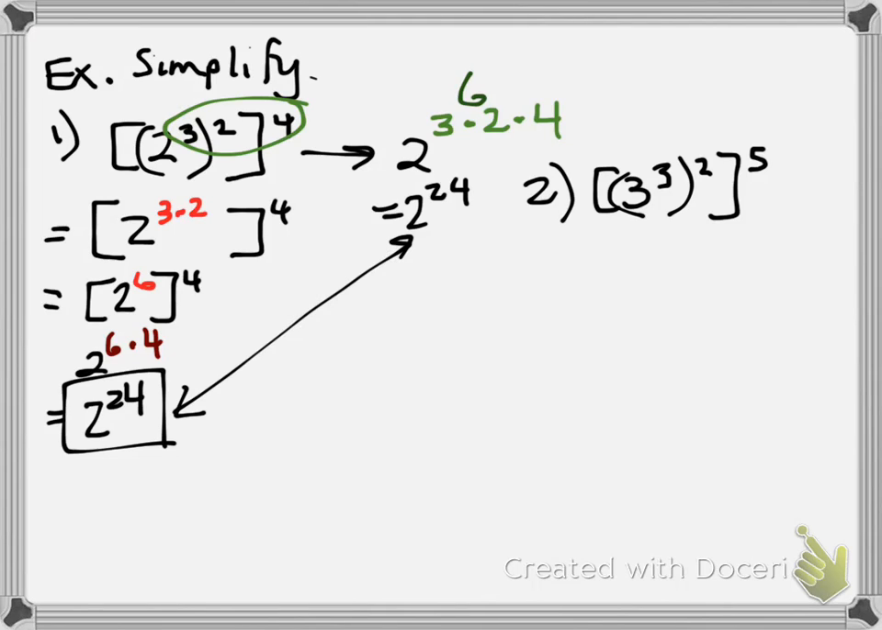So let's just do this orally. What would I get inside the brackets if I take 3 cubed and I square it? I get 3 to the 6. Now if I go to the rest of the problem, I have 3 to the 6 to the fifth power. What is that going to give me? 3 to the 30th power. So we basically just take those 3 exponents, power to power to power, and we can multiply them